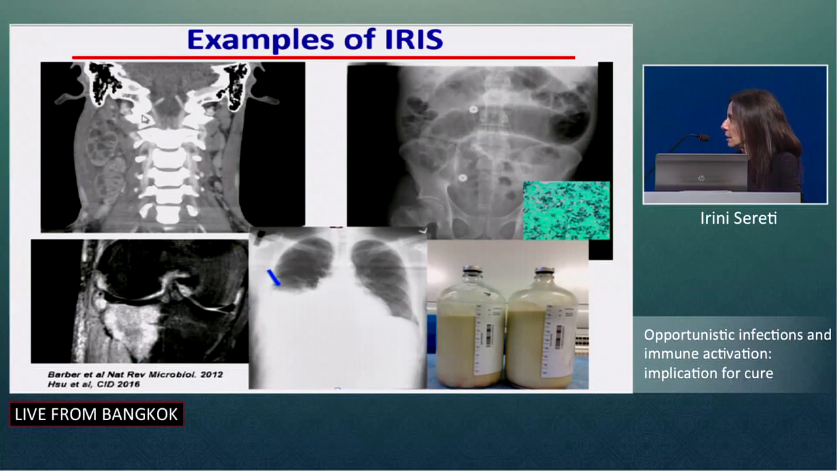This was a man who initially got diagnosed with HIV during the presentation of Pneumocystis pneumonia, was started on antiretroviral therapy, and then developed this cervical necrotizing lymphadenopathy that was compressing his jugular vein and trachea, and this was all found to be secondary to unmasking Mycobacterium avium complex. This patient here on the